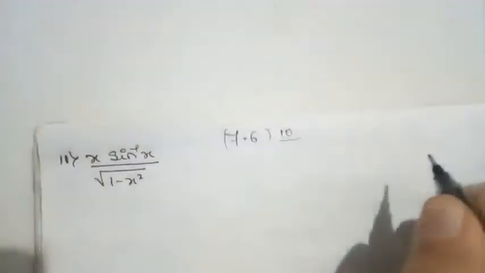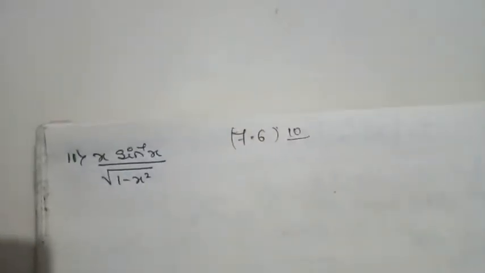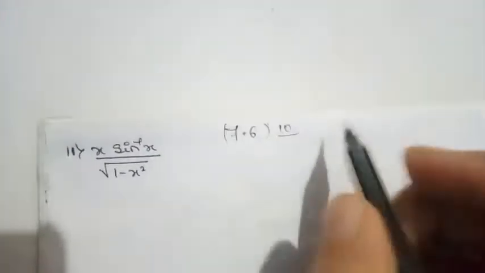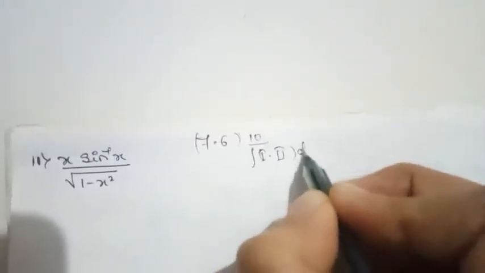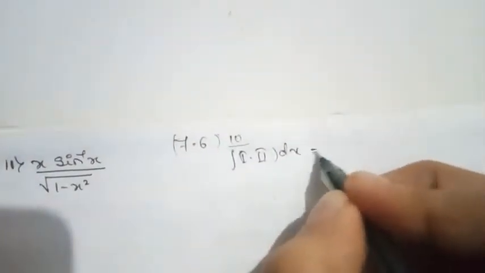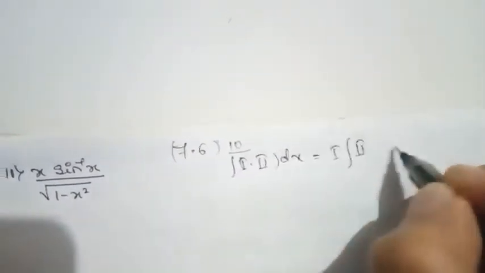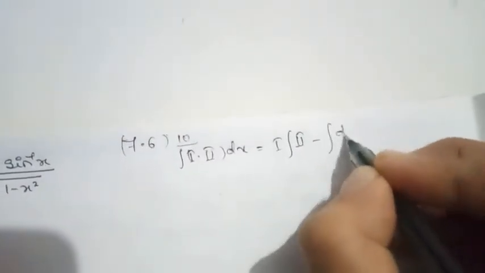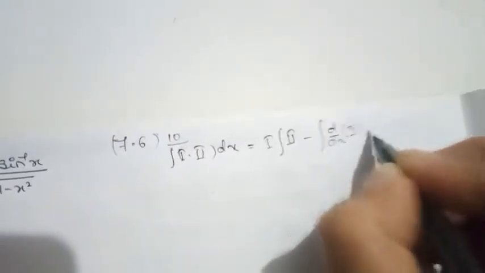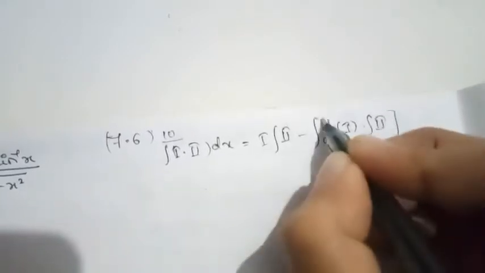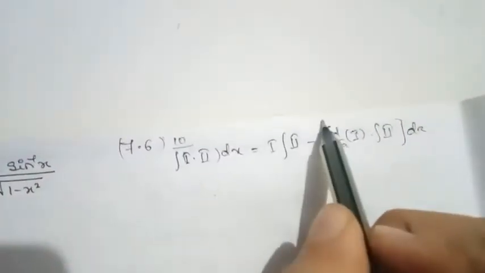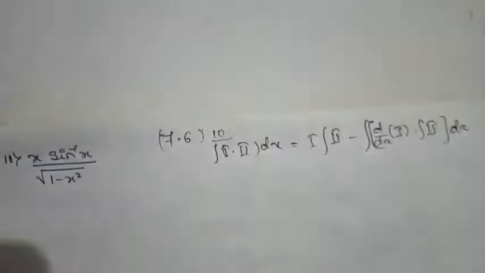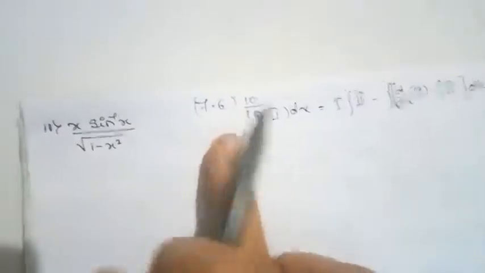Before continuing to the next question, let me just brief the formula of integration by parts. What it is saying: integration of first function into second function, the integration of a product of two functions, is equal to first function into integration of the second, minus integration of the differentiation of the first function into integration of the second function. After multiplying the differentiation of the first and the integration of the second, we integrate that product again. So this is what the integration by parts formula is saying. So we have briefed the formula of integration by parts.